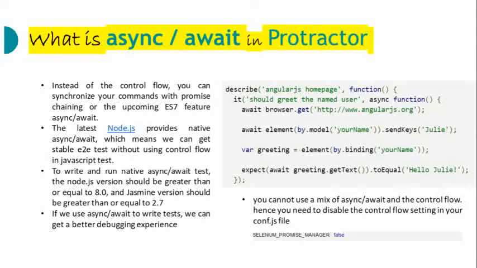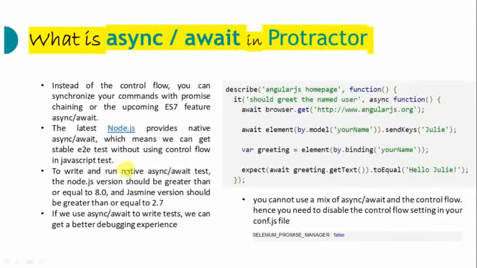What is async and await in Protractor? Instead of control flow, you can synchronize your commands with promise chaining or the ES7 feature async await. This is not upcoming anymore, it has already come into the market. The latest Node provides native async await, which means we can get stable E2E tests without using control flow